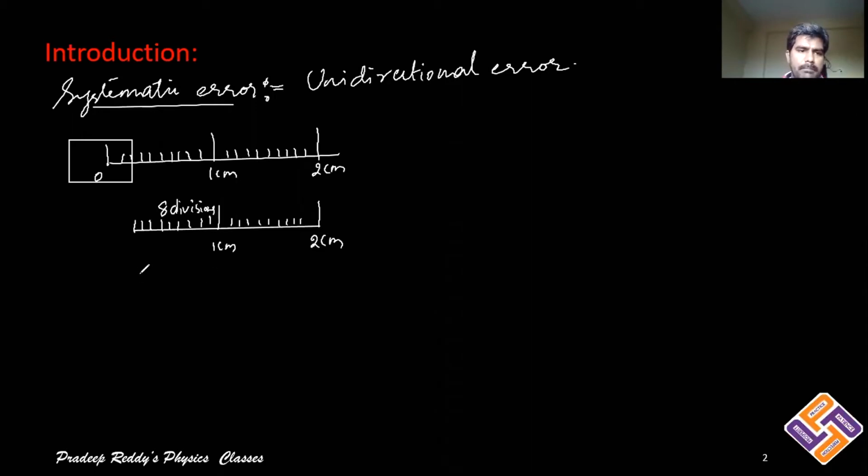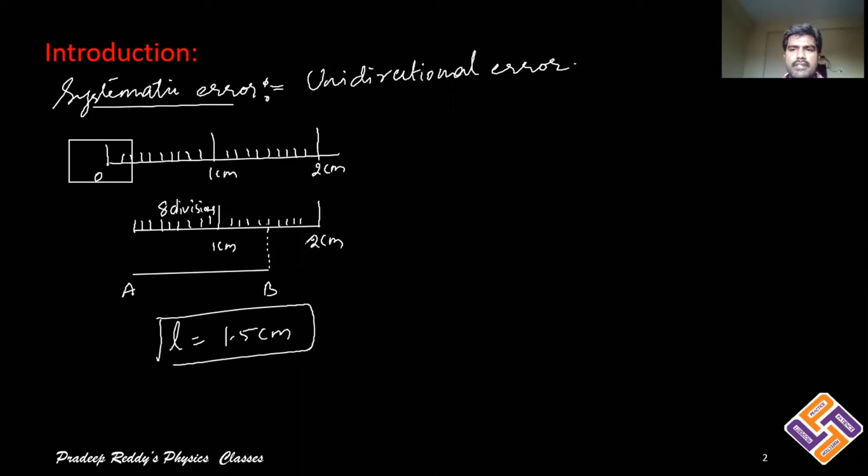like I want to measure this length AB. If I measure this length AB, what do you generally write? You would expect to write length is equal to 1 centimeter, 1.1, 1.2, 1.3, 1.4, 1.5. 1.5 centimeter is your answer if you measure with this particular broken scale. But actually, is it correct? No, it is not 1.5 centimeter. The actual length will be 1.3 centimeter.